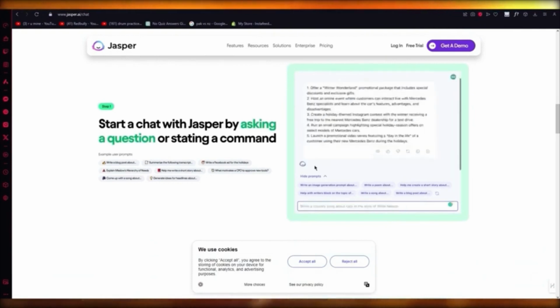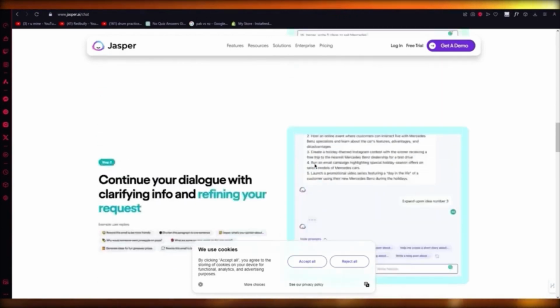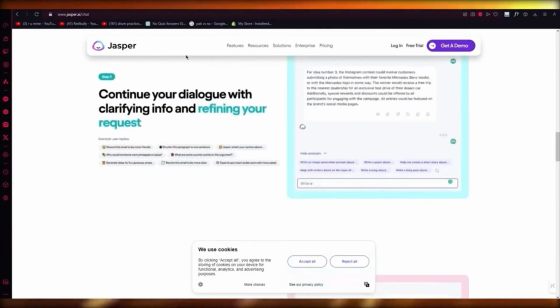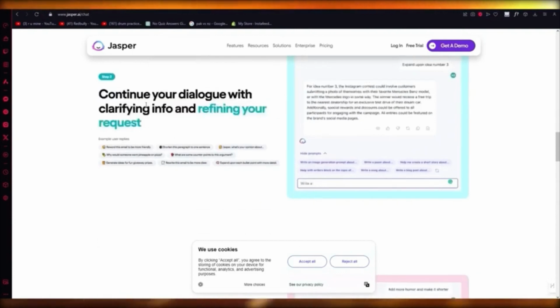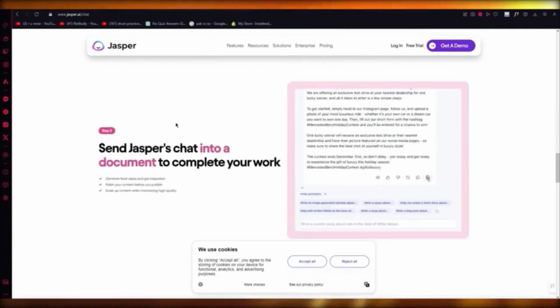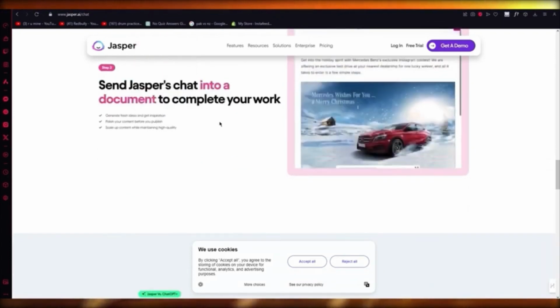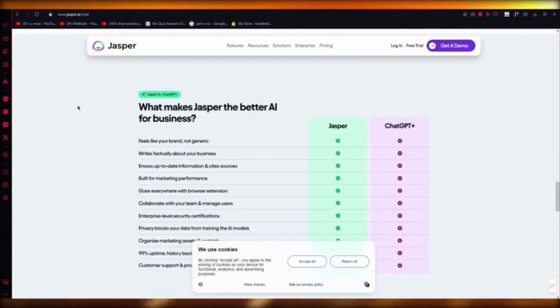It's a good alternative to stuff like ChatGPT and any other chatbots out there. An even better alternative to this is Bing Chat, because that's totally free. But you can just use Jasper AI as itself because it was specifically created for marketing. Now, you can actually take Jasper's work and import it to your Jasper documents.